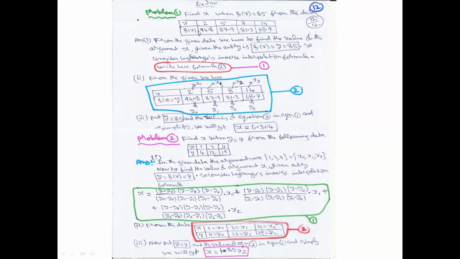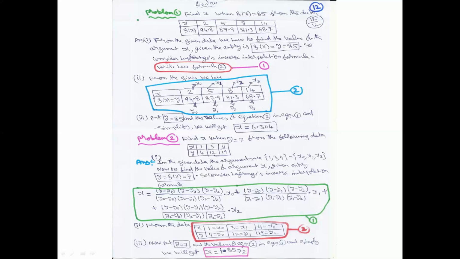When x is equal to 2, f of x, that is y naught, f of x naught. So in case of interpolation formula, we use to represent it as f of x naught. See the cursor please. f of x naught, f of x1, f of x2, f of x3. But in case of inverse interpolation formula, let us consider the notations, symbols y naught, y1, y2, y3, y4 and so on. From x0 to x3 arguments they have given.